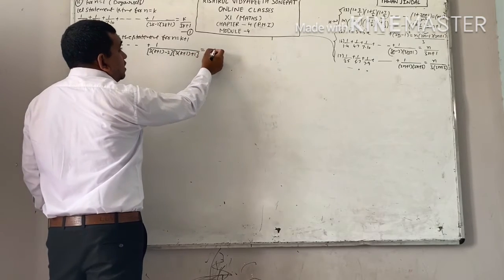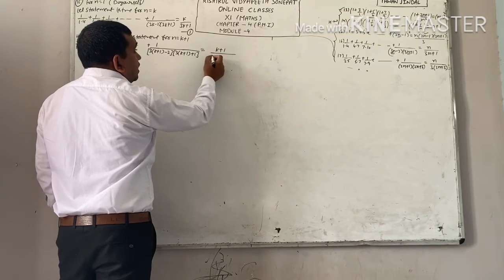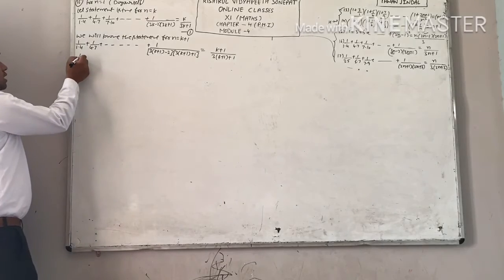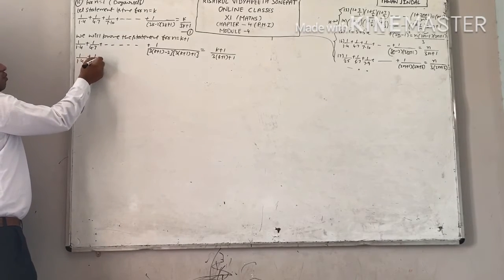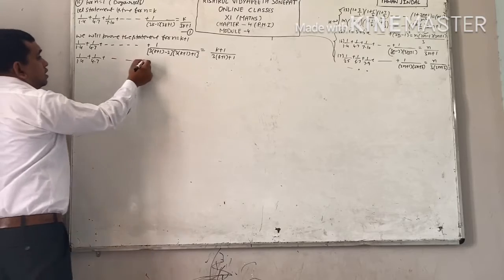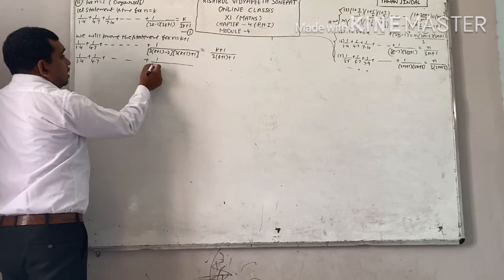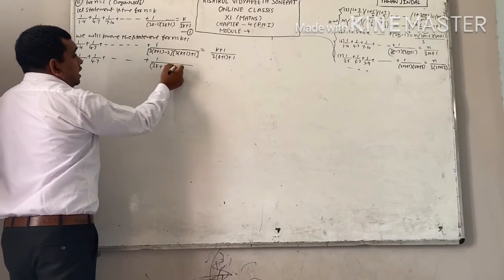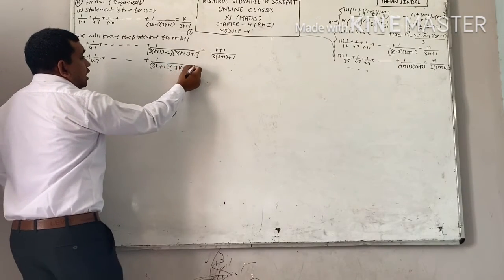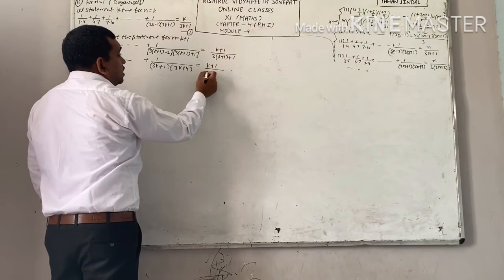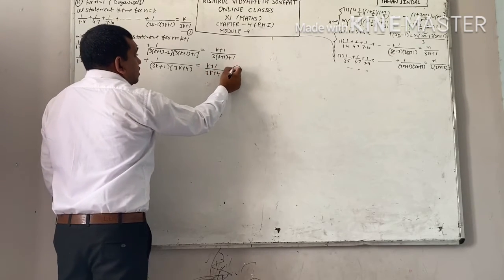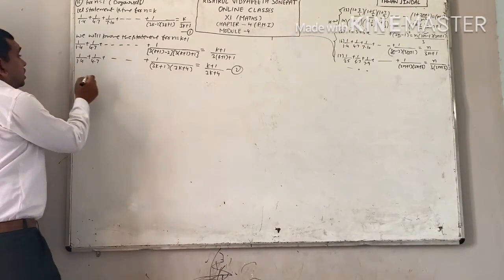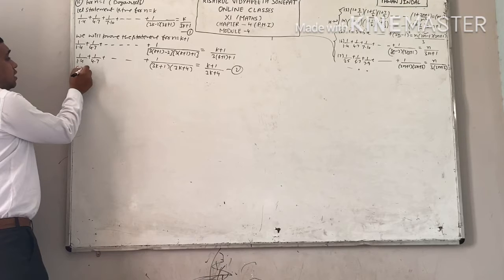Now see the right hand side. K plus 1 divided by 3 into k plus 1 plus 1. Now simplify this one. 1 upon 1 into 4 plus 1 upon 4 into 7 plus up to so on, 1 upon 3k plus 3 minus 2. This will become 3k plus 1 and this will become 3k plus 4, equal to k plus 1 upon 3k plus 4. This equation we have to prove, and I told you the method in the previous question also. First step, consider the left hand side.